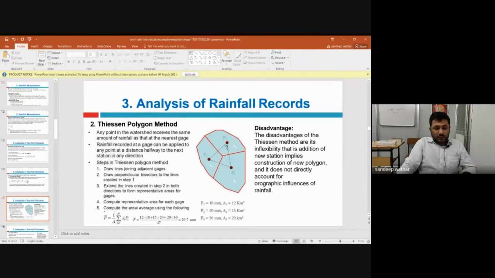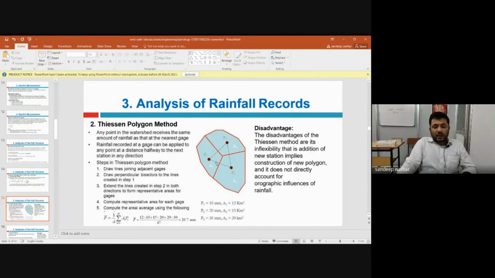Once you are done with this triangle, what we do is that we'll drop a normal, at the center of every line. Like for example, if this is the line which is connecting P1 and P2, we'll drop a perpendicular here, exactly at the center of this line.